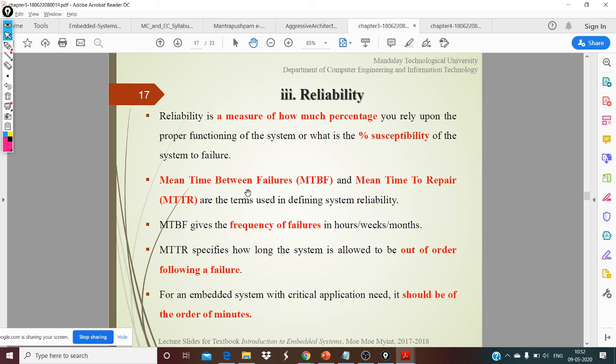Okay, so there are a couple of metrics here. One is mean time between failures and the other is mean time to repair. Mean time between failures means, of course, at some point an embedded system may fail. It may raise a false alarm or something. The printer may not even work at any given time. At some point it will break down. You'll have to call a serviceman and repair that. But how long does it work between this failure and the next one? That's the mean time between, and you average it out. It's the mean time between failures.